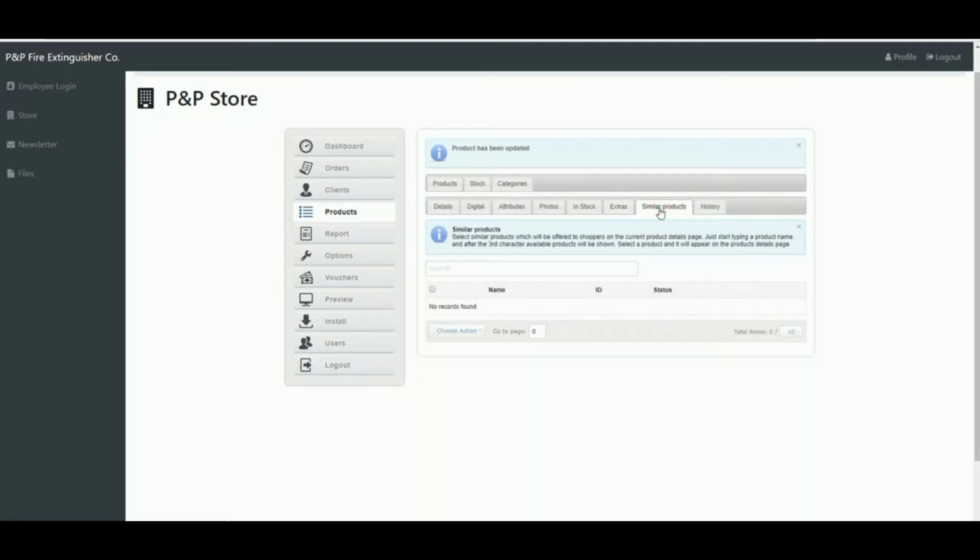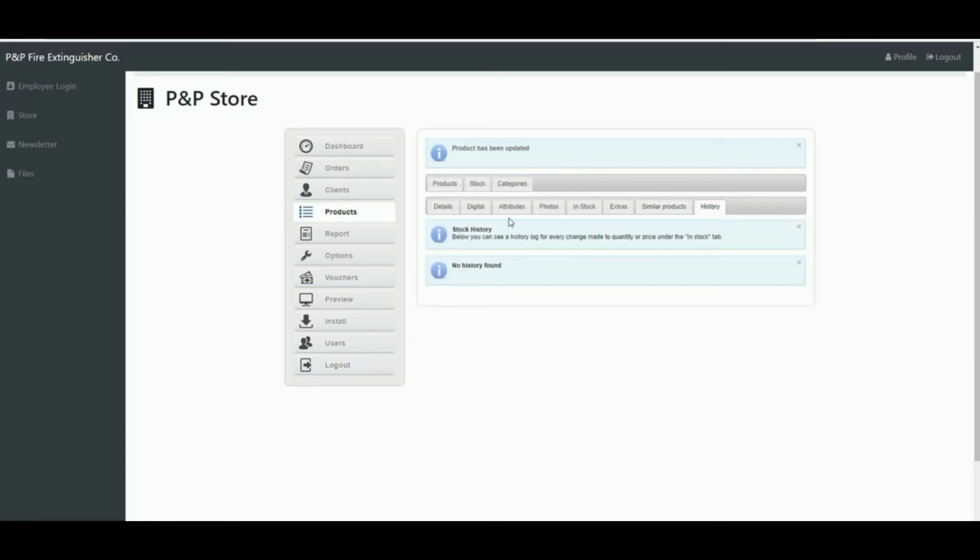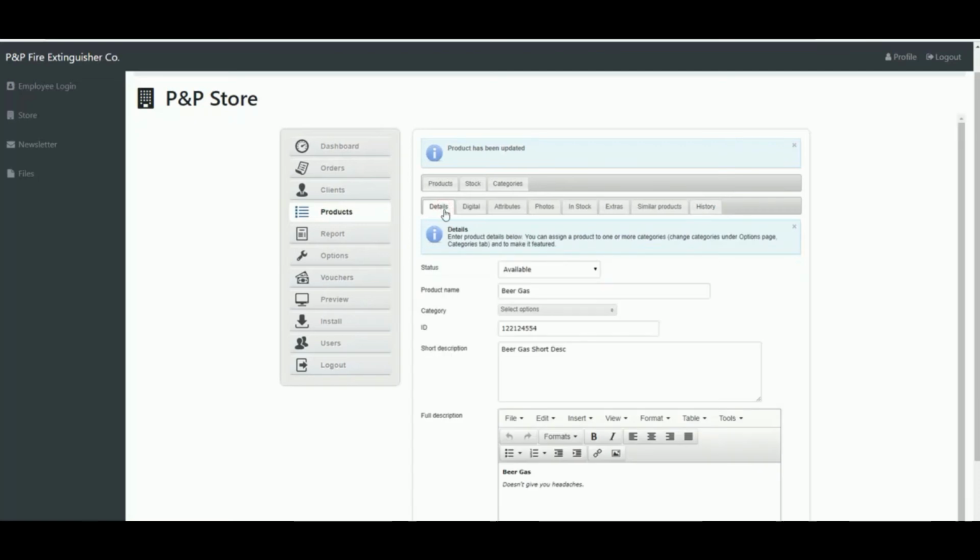Similar products, we don't really have any right now, but this would be good for the grow gas to go here. So we could actually do that, but since there's not one in here, we can't select it right now. And there is no history for it. So if we go up here,